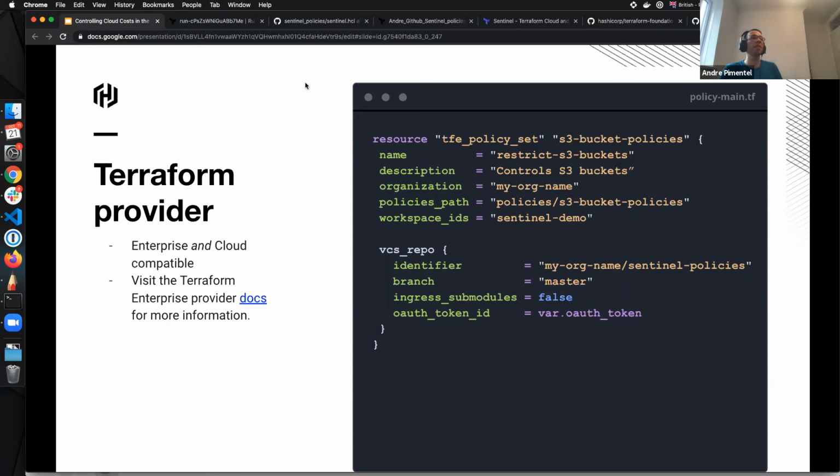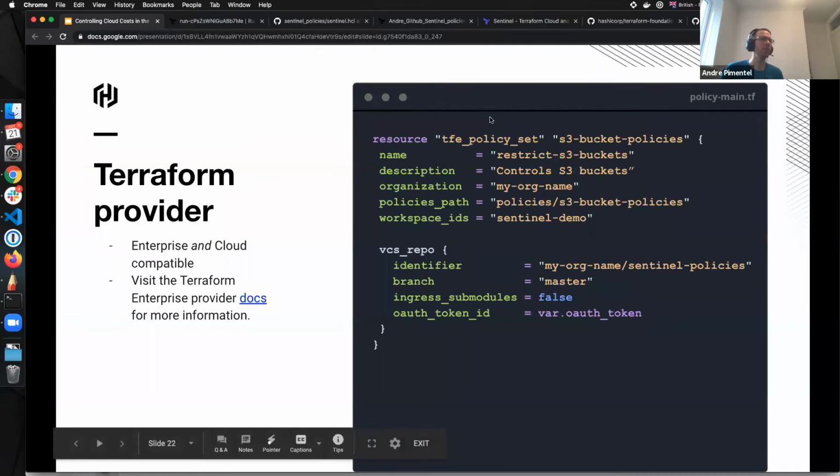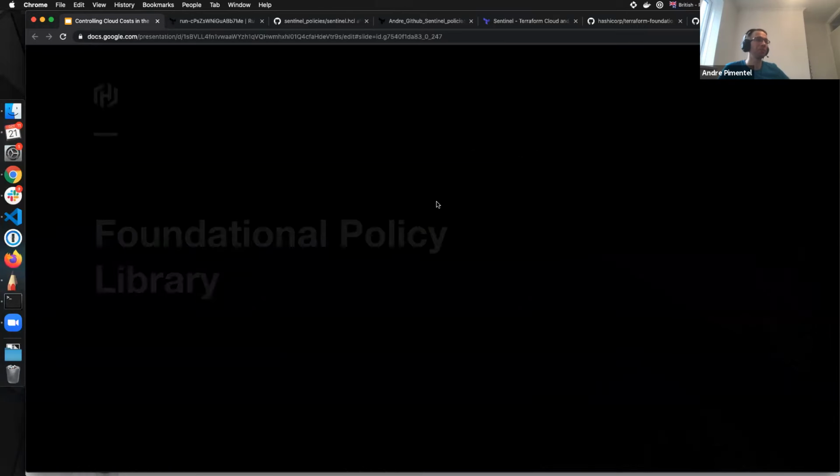So you can use a Terraform Enterprise provider in a separate workspace, and you can control and also make all your Terraform Enterprise consistent. Okay, so as I mentioned, Terraform Enterprise policy sets, policies, workspaces, modules, variables, everything you can also manage using the Terraform Enterprise provider. This is Enterprise and cloud compatible. If you check the docs, you see that, yeah, pretty much you can manage everything on Terraform Cloud and Enterprise.